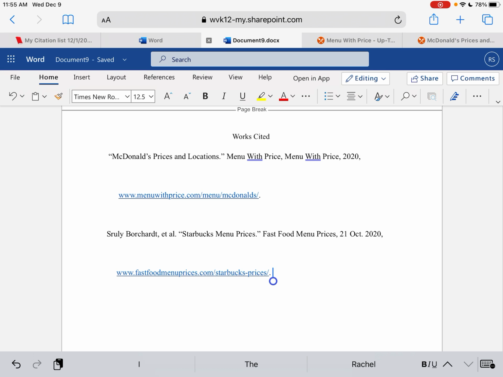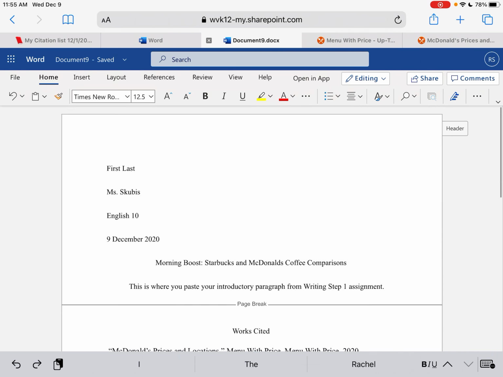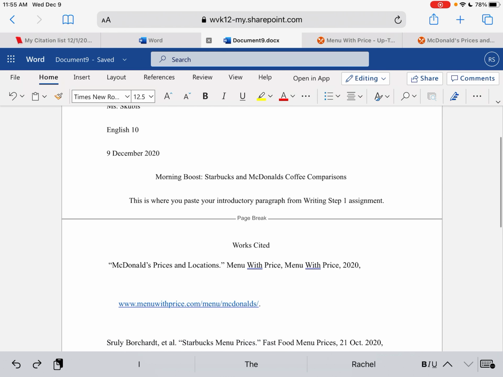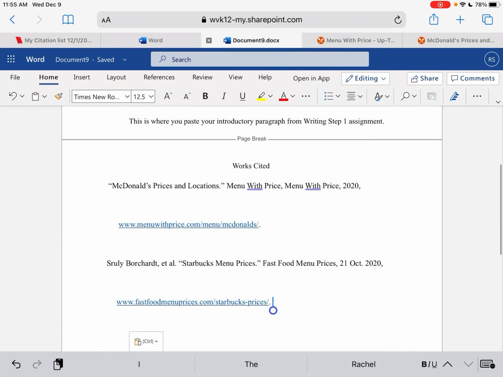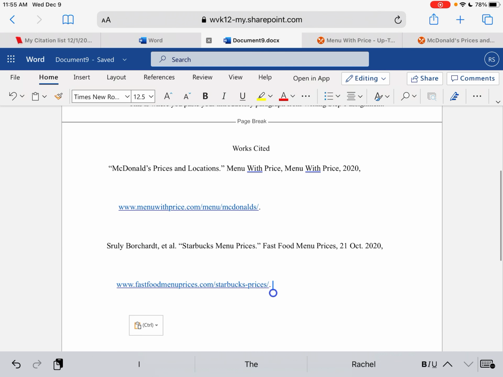This will automatically save in Office 365 so that when you start typing your body paragraphs and your conclusion paragraph, you'll have it here. But to turn this into the assignment, you can take a screenshot